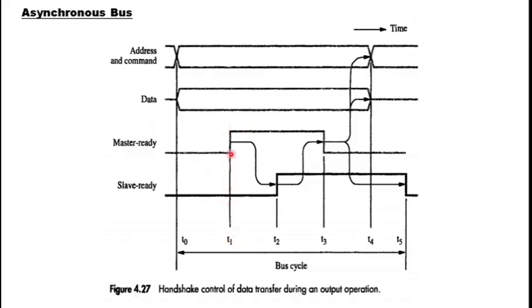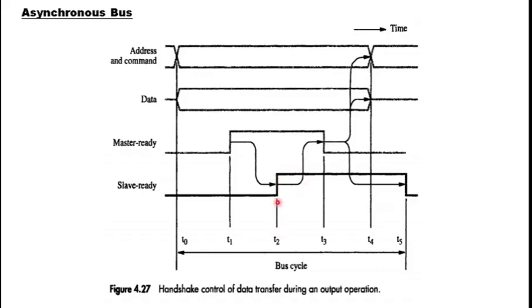So once the master ready signal is perceived by the required slave, sometime between T2 and T1, it will start decoding the address as well as the command, and it will try to store the data generated by the master, or data made available by the master in the bus. So maybe by T2 the slave has completed the data storing, or it has taken the data into its registers. So what happens is it needs to signal to the master that it has done the operation of saving the data, right? So it generates a slave ready signal at T2.